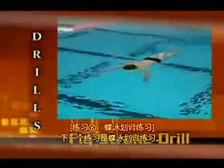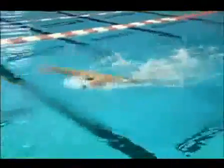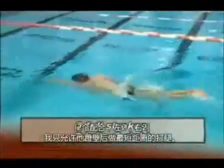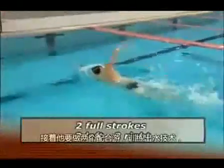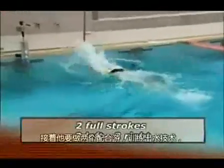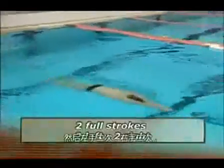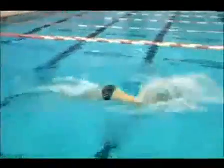The next drill is just a butterfly stroke drill. He'll have to shorten his kicks off the wall here. He's going to take 2 strokes off the wall to work on his breakout. First one down, next one up, then 2 left, 2 right, and then swim into the wall, no matter how